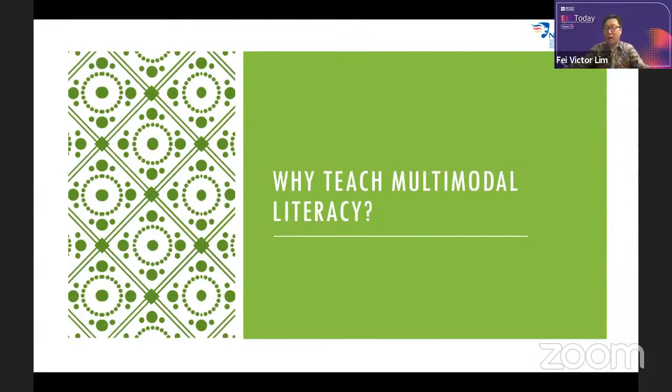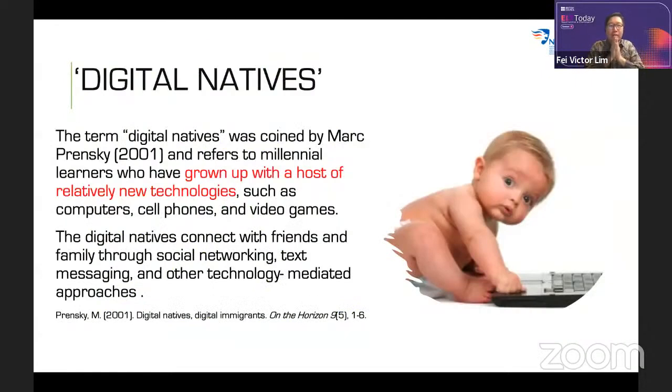So the question you may ask is, isn't this intuitive? Why is there a need for us to teach multimodal literacy? Why is there a need for us to expand the curriculum to include multimodal meaning making? Well, one of the reasons is the recognition of a popular idea in education, when we talk about young people today,